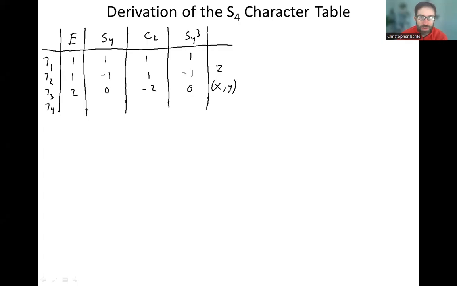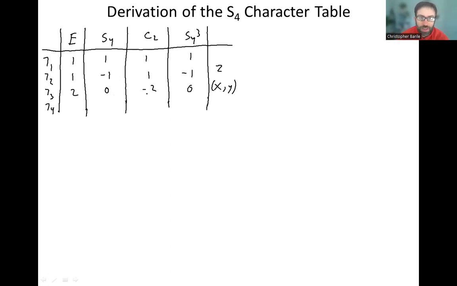All right, so this is part two, deriving the S4 character table. Where we left off last time was that we figured out the first two irreducible representations. The first one was the totally symmetric representation, so it's ones across the board. We used the z function to figure out gamma 2, to see how that transforms. And when we transformed x, we found out that x and y transform together, that the transform is 2, 0,